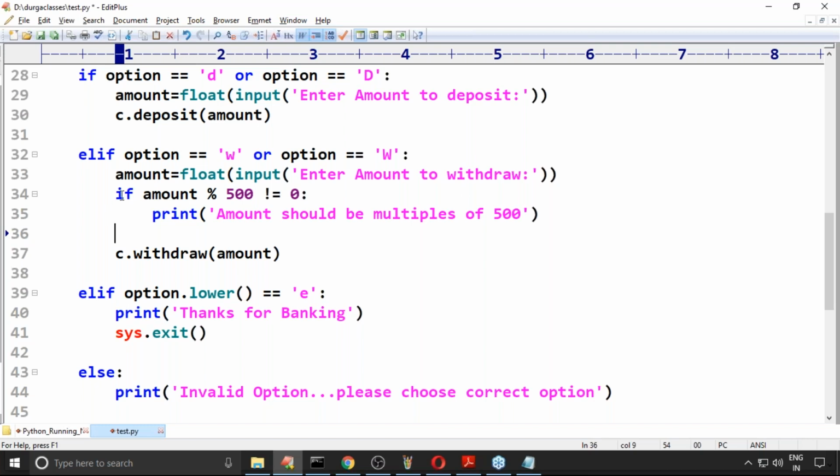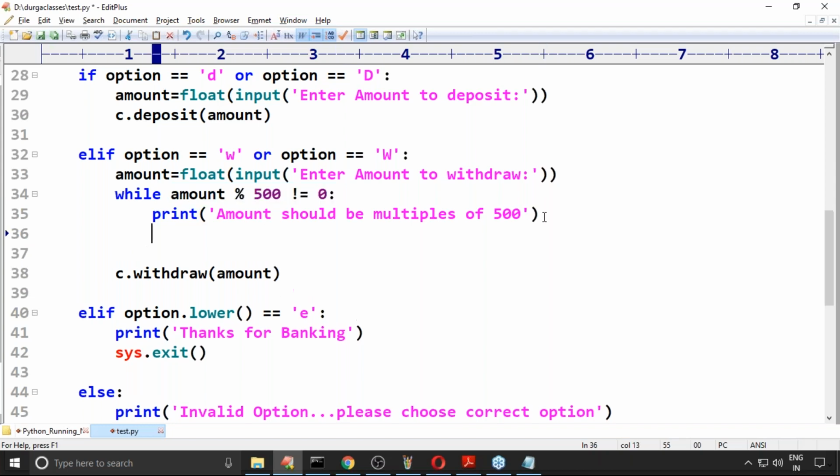Here, while amount is not equal to 0, print, and amount is equal to input of enter amount to withdraw.